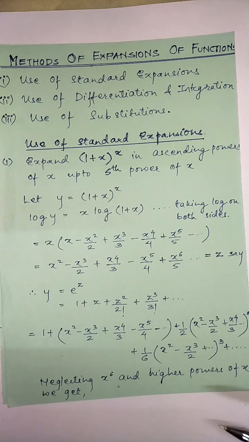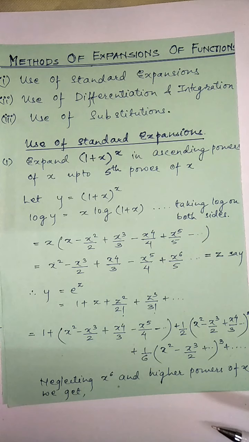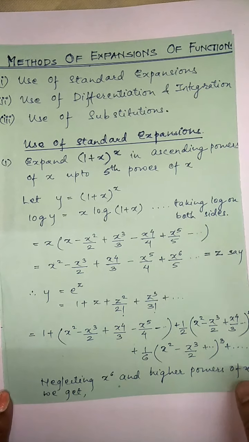Here it is x raised to 4 by 3. Here it will be x cube by 2. Because here it is square of the bracket. Here it is cube of the bracket. Now we will simplify it. We'll neglect the terms for x raised to 6 and higher powers of x. And what we get is